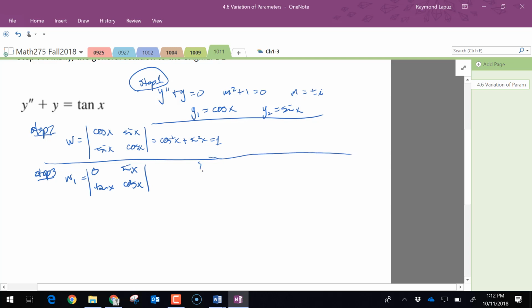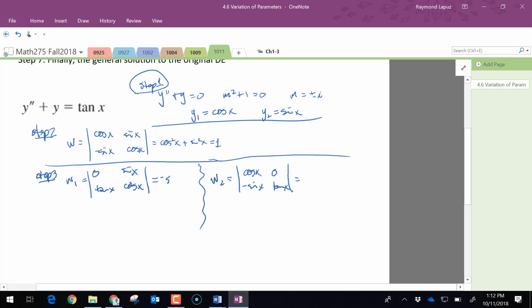For some reason, I like to do this next to each other. I don't know if that makes a difference. W2 is a cosine x and a negative sine x, 0 and tangent. And so the first one is going to be a negative, and then it's going to be sine times tangent. Tangent is sine over cosine, so we can't simplify that in that way, but